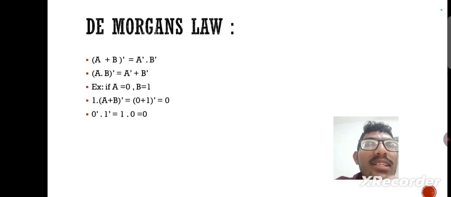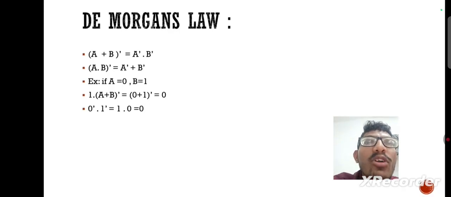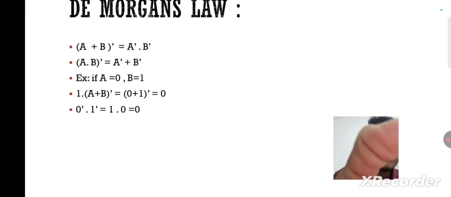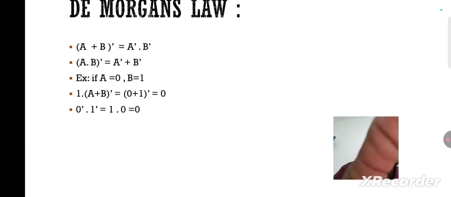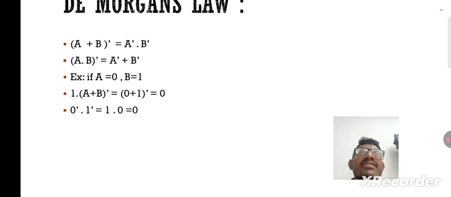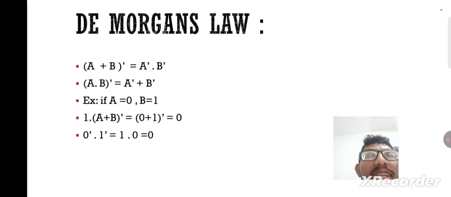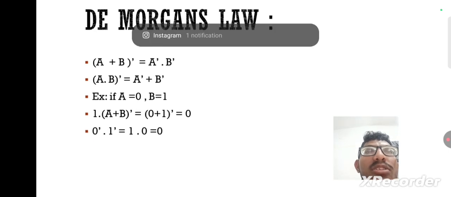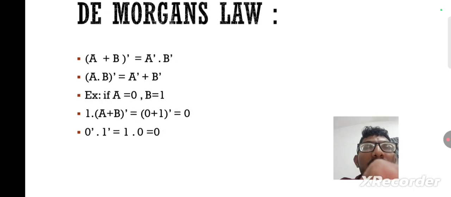Next, we have to go to De Morgan's law. De Morgan's law is mainly based on the complements. We take A plus B whole complement equal to, and we have to complement the whole, the symbols and the inputs, that equals A bar, the complement of plus is equal to multiplication, B bar. So A plus B whole bar gives A bar into B bar. Next, the other De Morgan's law is A into B whole bar equals A bar, the complement of multiplication or product symbol is addition, then B bar.